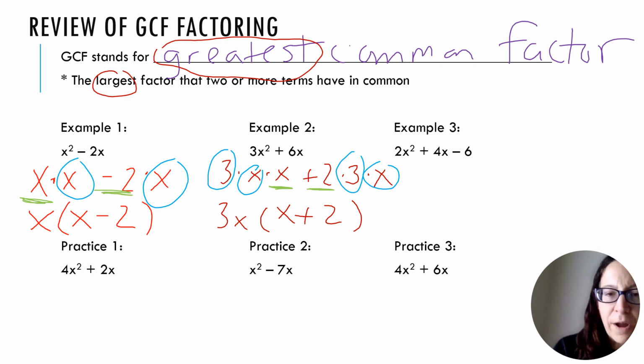For the last one, we'll do the same thing. This is 3 terms. So I have 2x squared, so that's 2 times x. And then